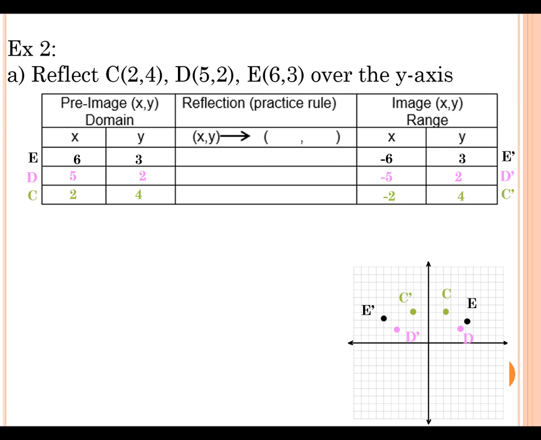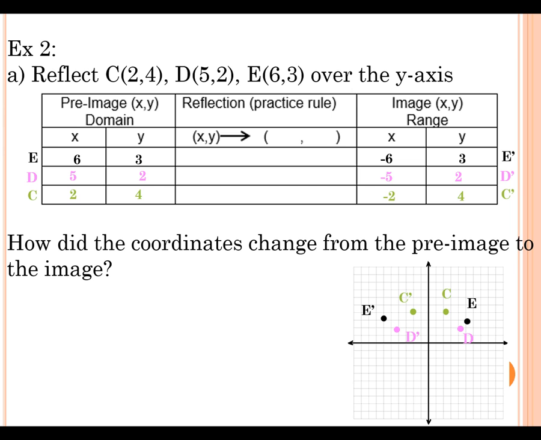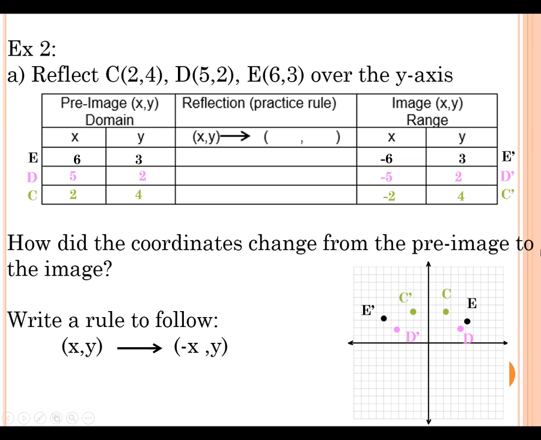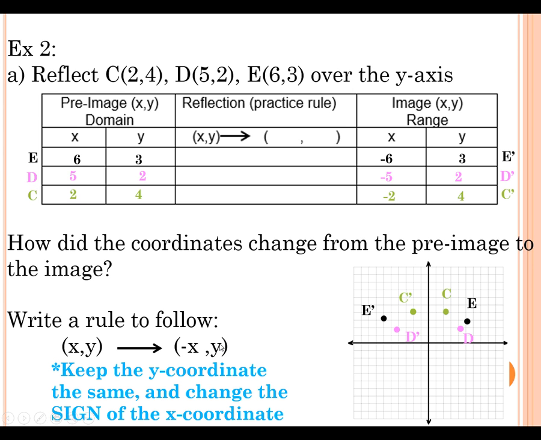In class, we used patty paper to actually flip the points over to get the new points. But you don't have to do that. Do you see a shortcut to get from our pre-image points to our image points? What stays the same? What has changed? If you see here, the y stayed the same, but the x changed signs. That's pretty cool. So our rule this time would be (-x, y),